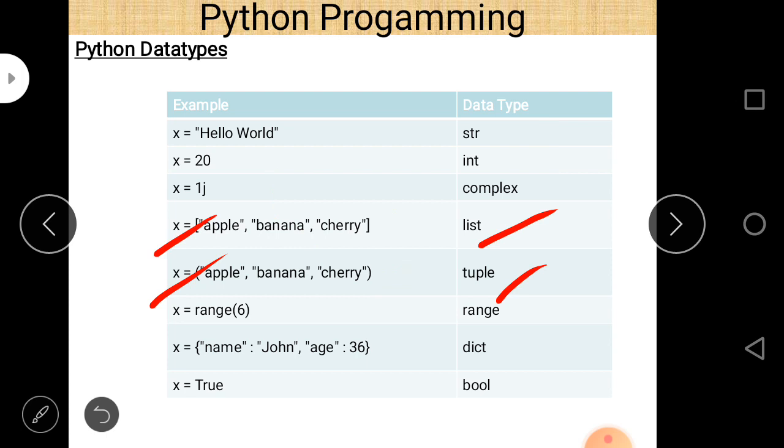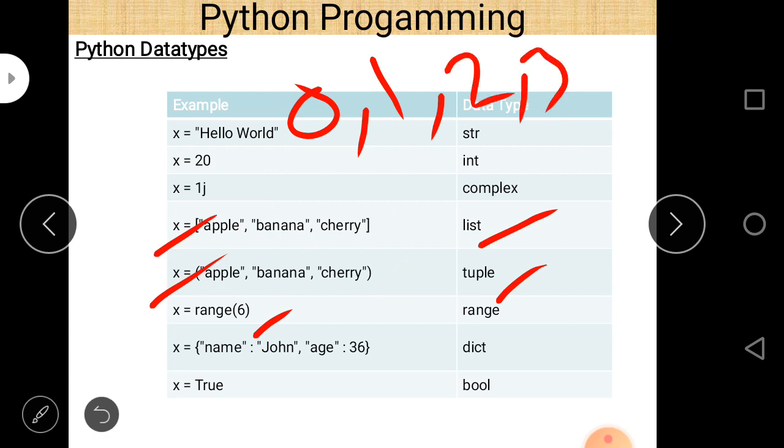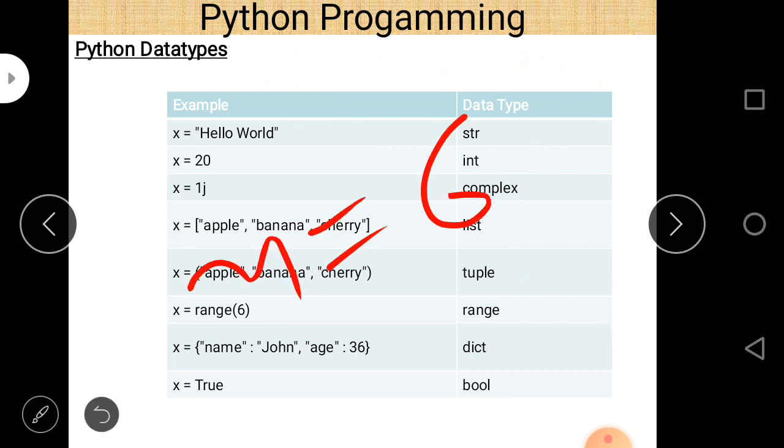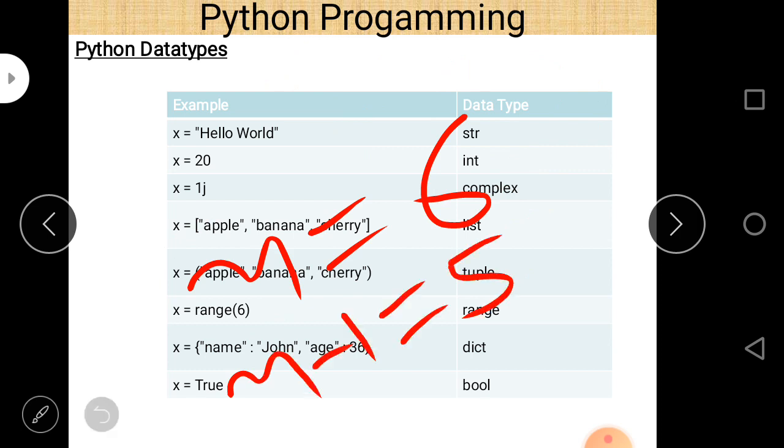And second is range. It basically finds out the range of a given number. When we say that range is 6, as given in the question, the elements belonging to this range are 0, 1, 2, 3, 4 and 5. Always remember that counting starts from 0 and goes up to n minus 1. Since here n is equal to 6, n minus 1 means 5. So 0 to 5.